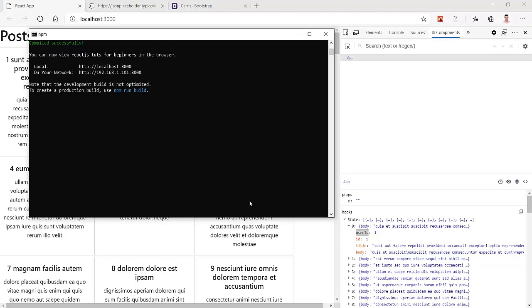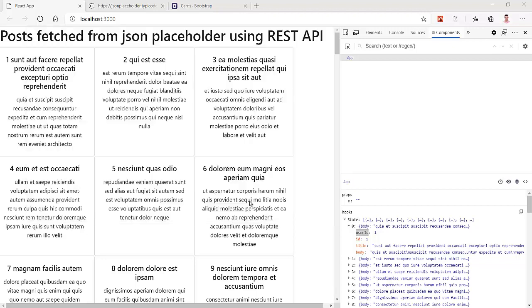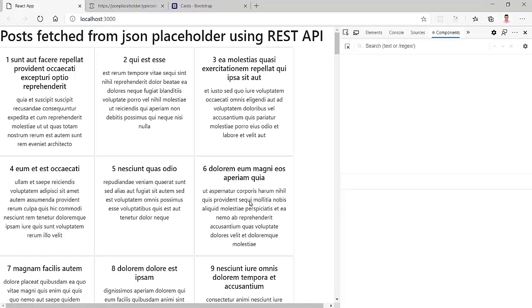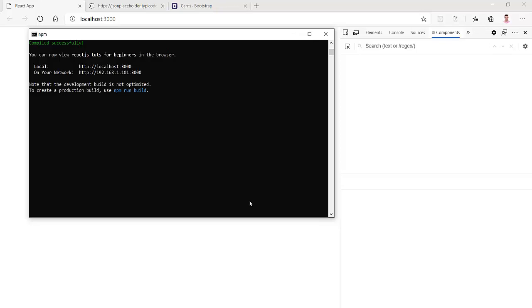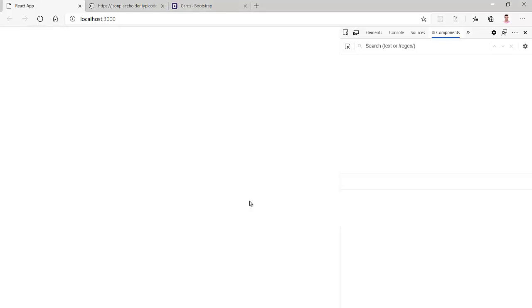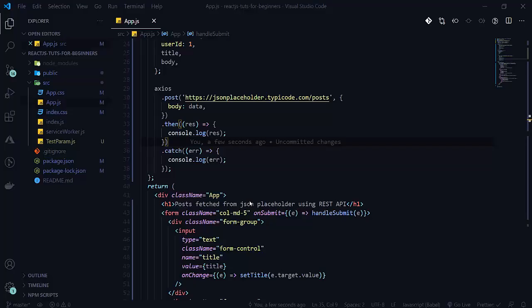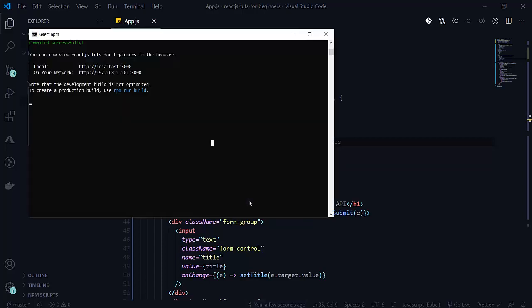Now see that it is compiled successfully. Our page is not refreshing. Let's do it once again. Let's refresh our page now. See that our page is also refreshing now. Are we getting an error or not? Sometimes we get a problem due to the server. So it is compiled successfully, and there is no error.